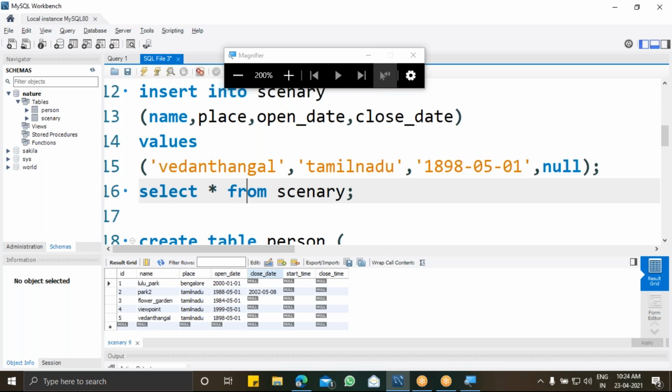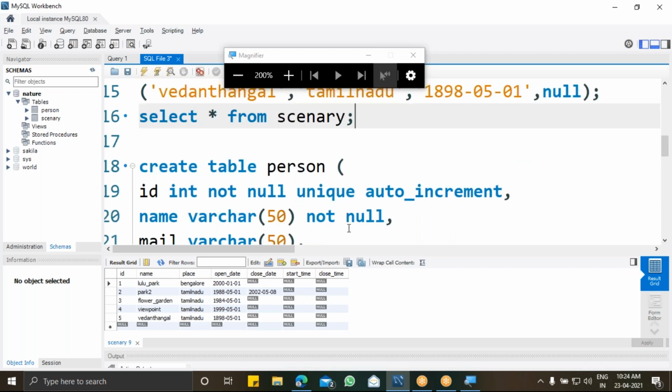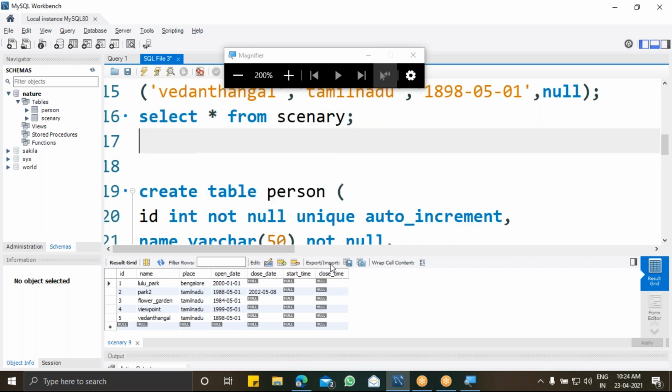So now I can update my values, my existing scenery column. I'm going to use my update command, instead of insert. So update table, the table name is going to be scenery.